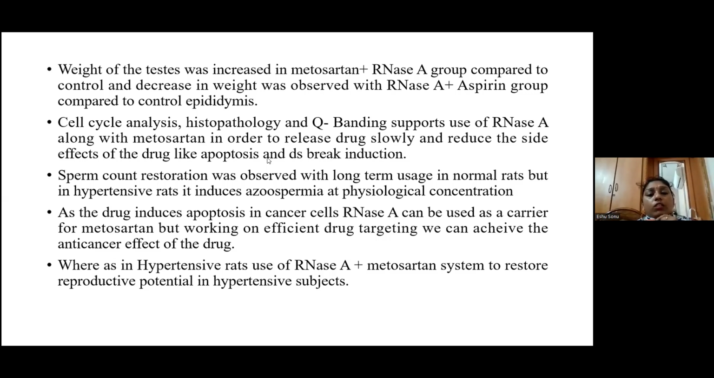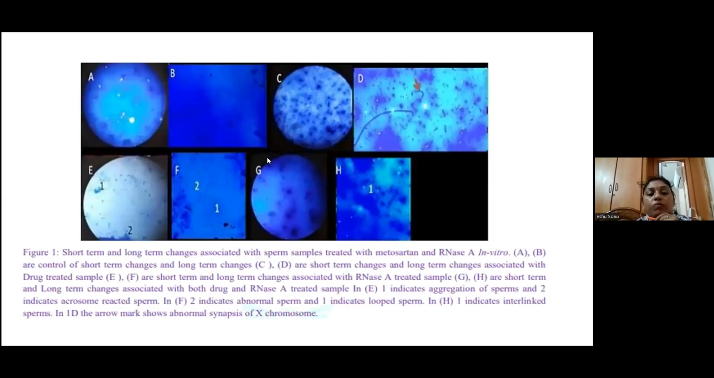And sperm count restoration was also observed in the case of RNase A plus metosartan in long-term usage in the normal rats. So this drug can also be prescribed for cancer cells in order to induce apoptosis, so that it can be used for treating cancers also. Finally, by this study, we can conclude that we can use RNase A to restore the reproductive potential in hypertensive subjects. And next study, we are going for